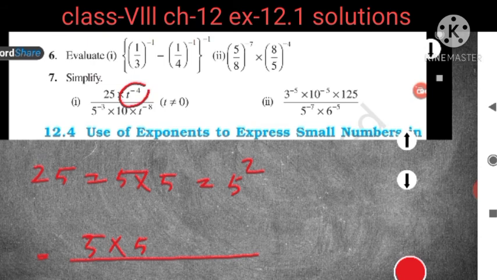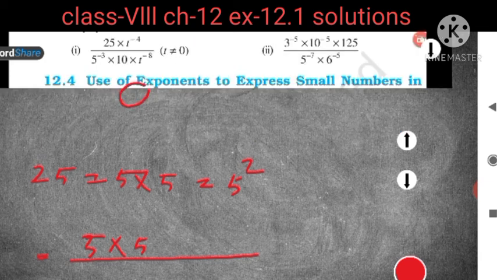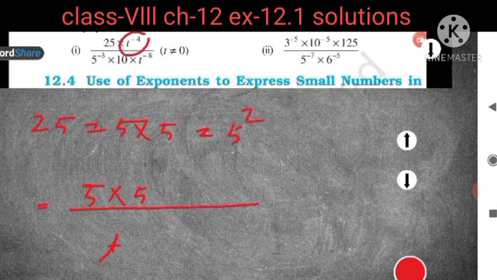And if you want to make this minus plus, then what you will do? This will go to numerator, this numerator will go to denominator, isn't it? So it will come here down, t to the power 4. Okay, t to the power 4 will come down. Then again multiply. Now what you can see here, you can see 5 to the power -3. So if you want to make this power positive, because before simplifying them we have to make all the power positive. Okay, so if it is in negative, then we have to convert them into positive.